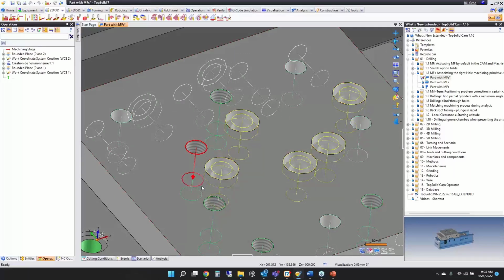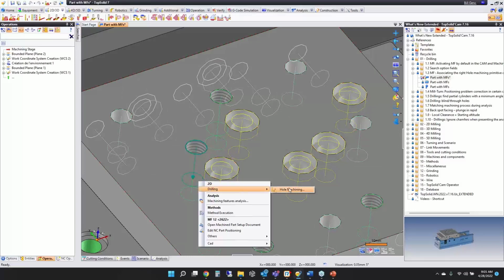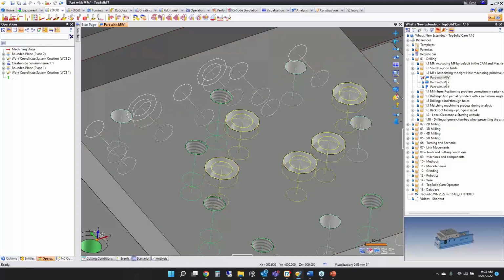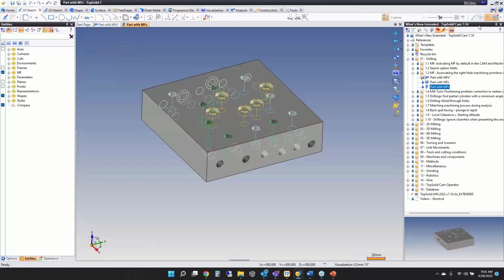You have the tapped hole and then the drilling of the tapped hole, right? So if I select the tapped hole, you get the tapped hole. Now, if I go back to my design document and I turn off my manufacturing features,